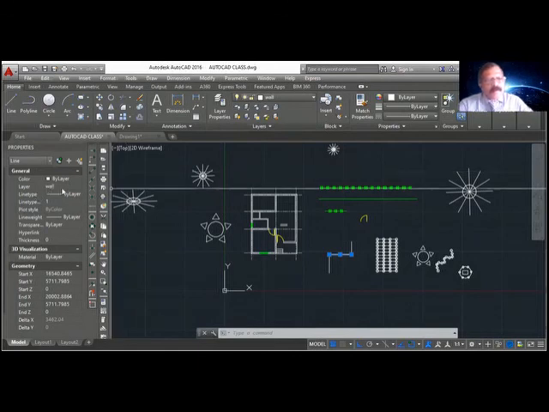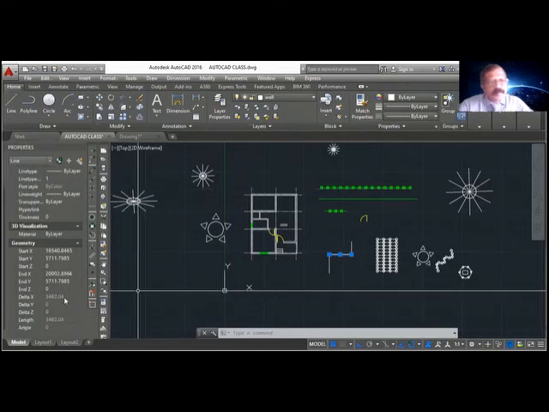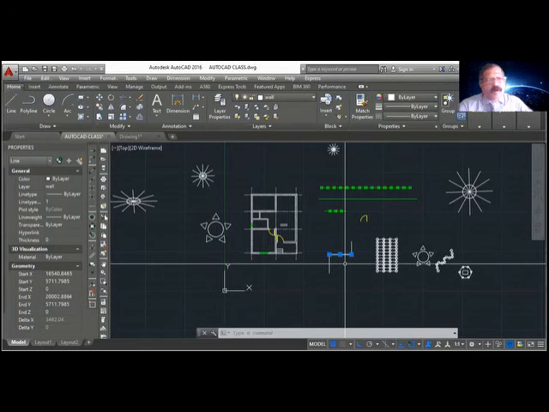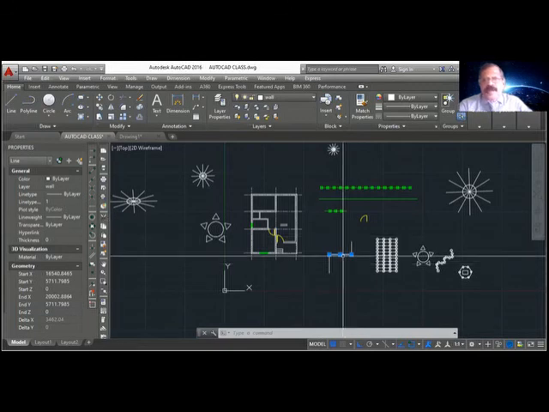It is starting from this point, and the length and all the details about that line are given here. Now this line is in the wall layer. I want to change it to the window layer. So one method is you select here and just change to the window layer.